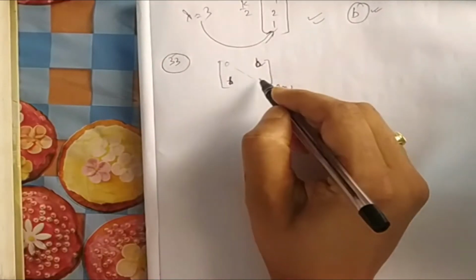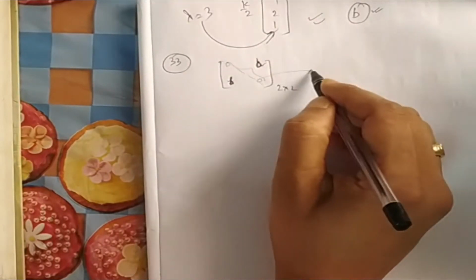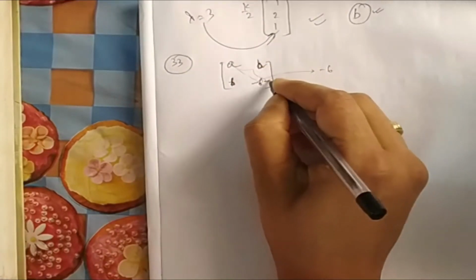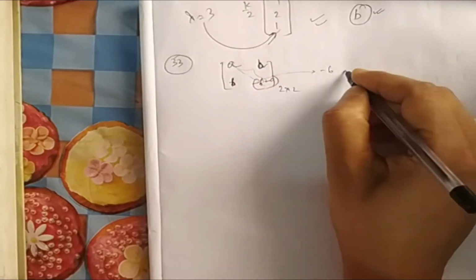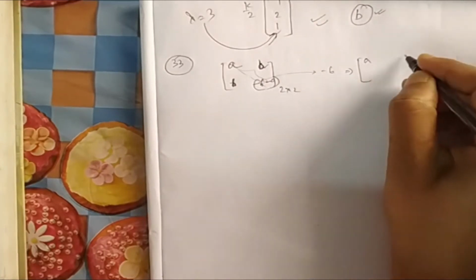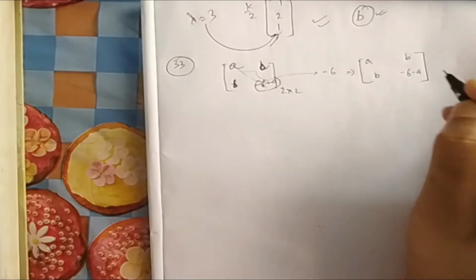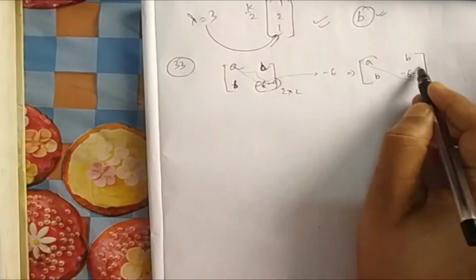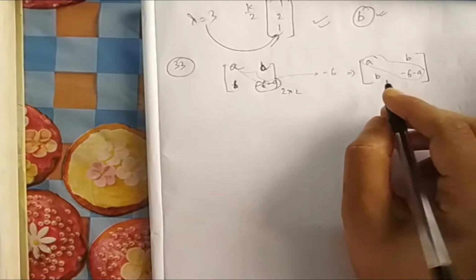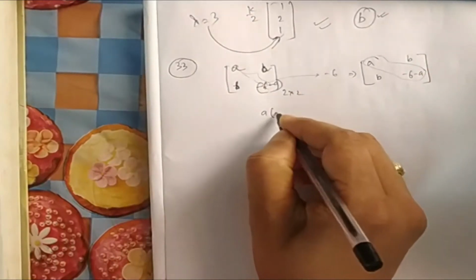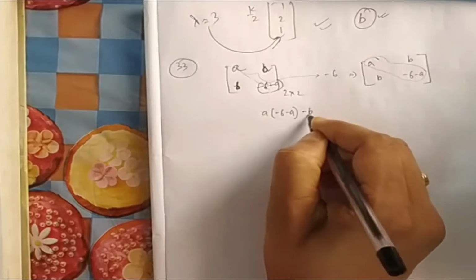And the sum of the diagonal elements is given as minus 6. So if I consider one is A, then the next one will be minus 6 minus A. So finally it will look like A, B, B, and minus 6 minus A, because the sum of these two should be minus 6. That's what they have given. Now the determinant of this one. If you take the determinant, it will be A times (minus 6 minus A) minus B square